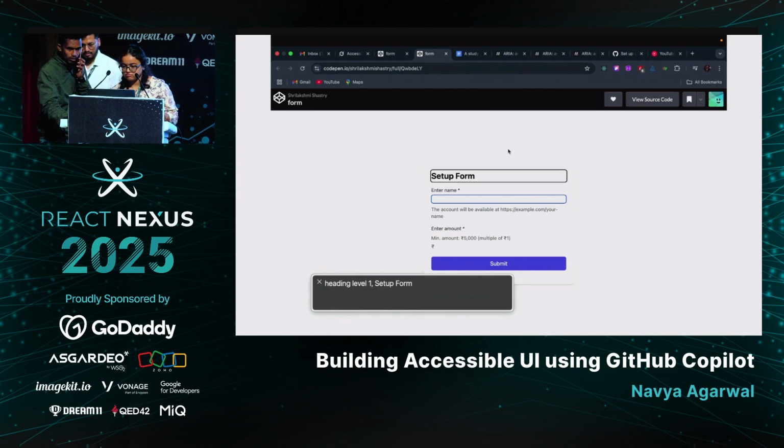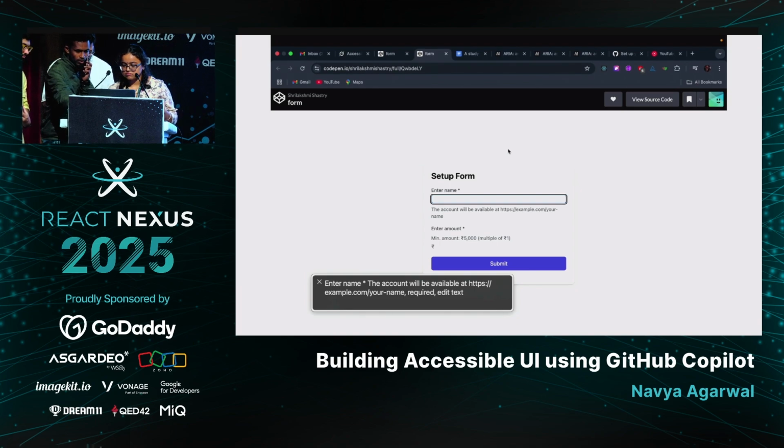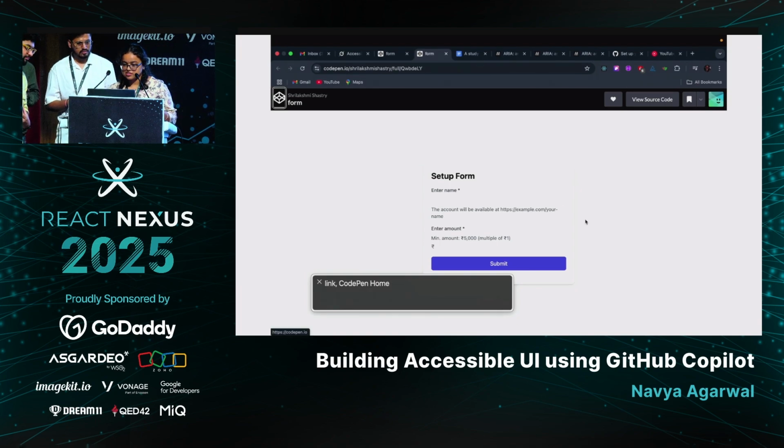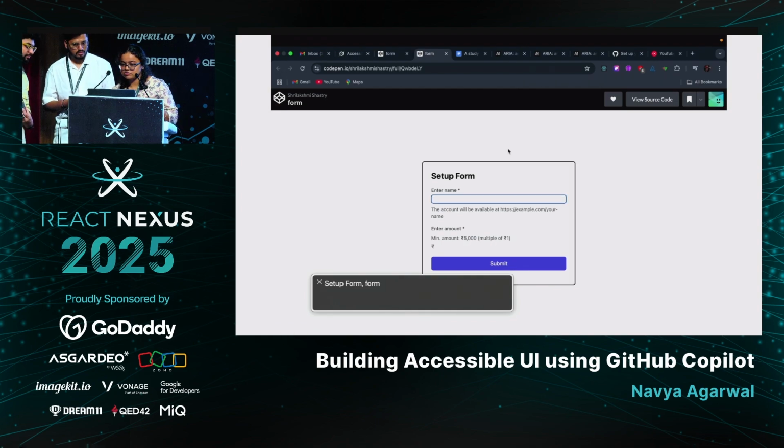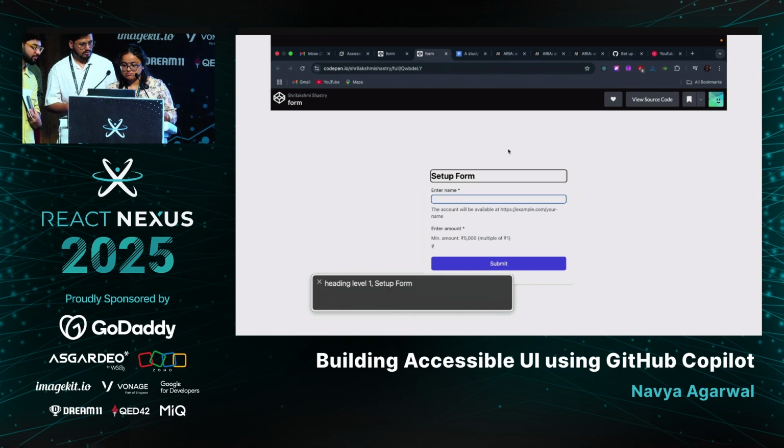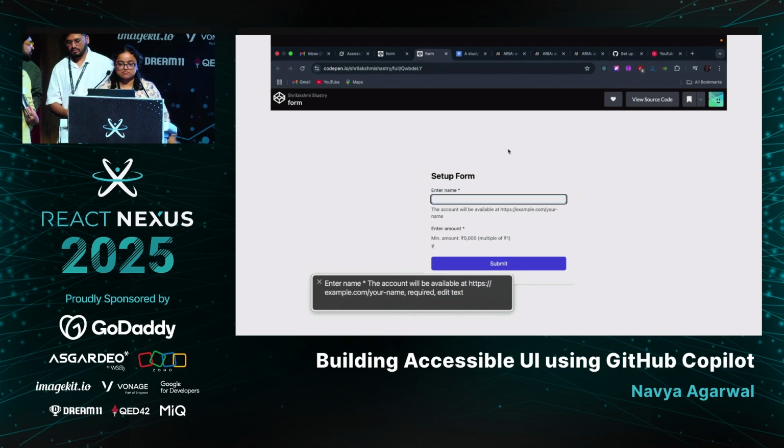For heading level 1, enter name star. Enter name star. The account will be available at https://